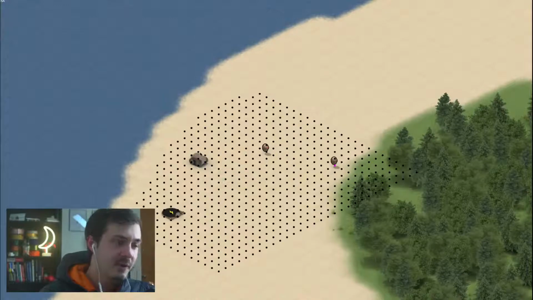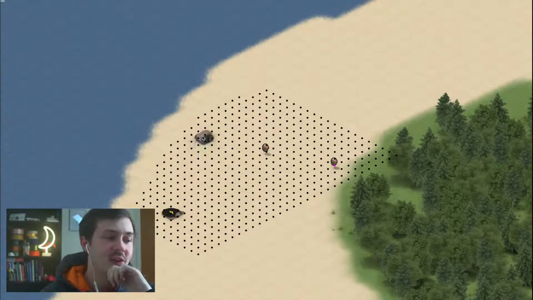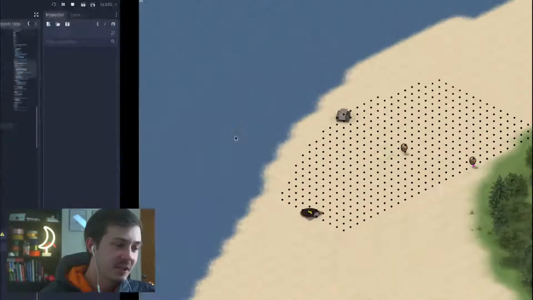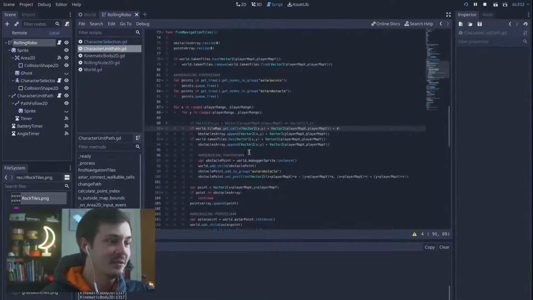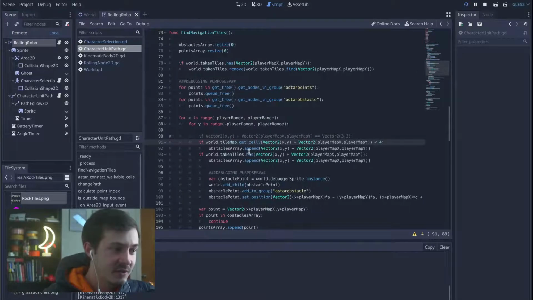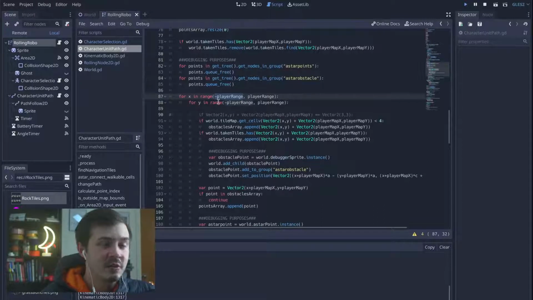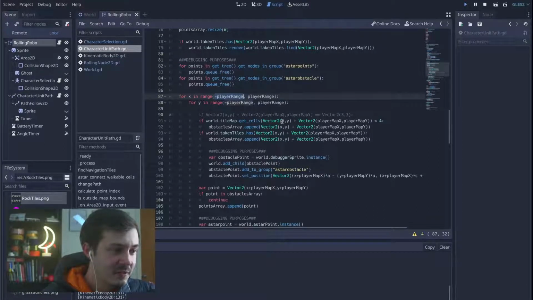So I'm trying to decide if I want to jump into figuring that out. I'll try a little bit longer. Let's see if I can fix this. Okay. So it's testing the tiles. It has its range here for the X and Y direction. That gives it the square of dots. And it's testing to see if the current tile,